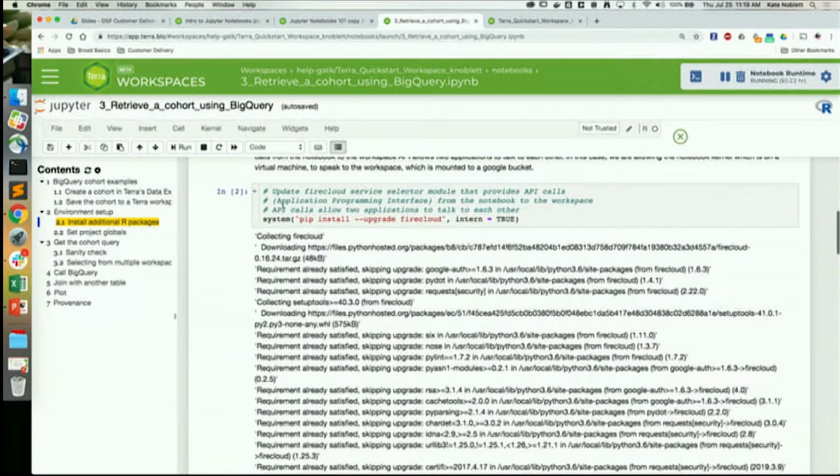Another module we loaded is called the FireCloud Service Selector, or you might have heard it called FISS. This was originally written for our previous platform called FireCloud. Now FireCloud is part of Terra. So it does essentially the same thing for Terra as it did for FireCloud, in that it can access some